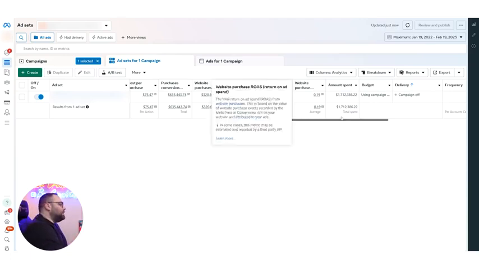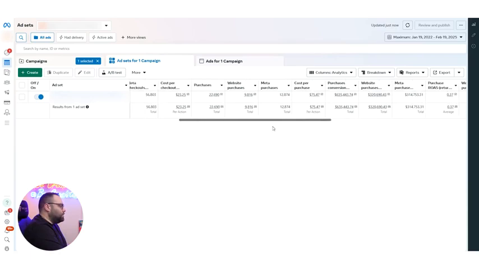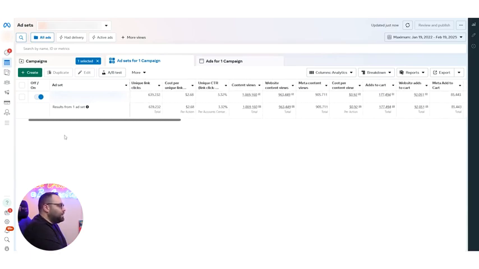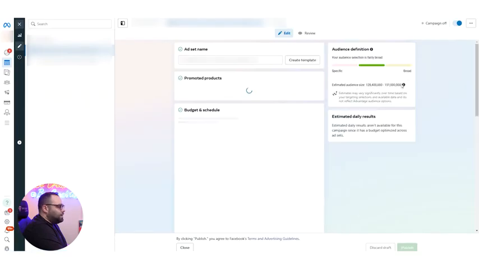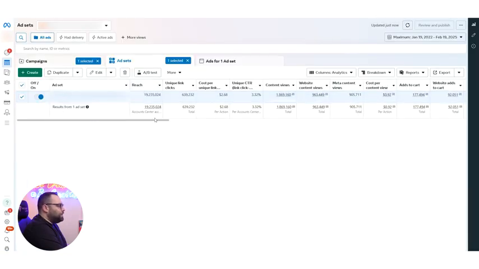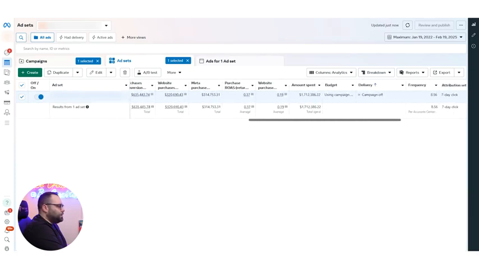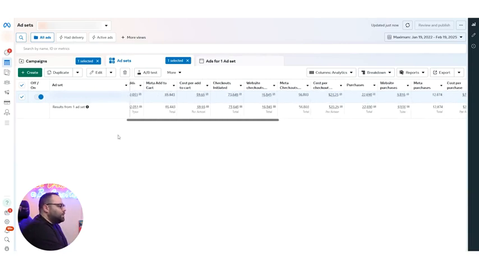We were running ads. Of course, it's website and shop, as you can understand. It's not only shop, so it's not influencing the targeting. The targeting is broad. Just to give an idea of how big the targeting is over here, we're targeting 151 million people. And let's see a little bit of what we're going to notice. We're going to see here that we're spending 1.7 million, and we are just going to reach